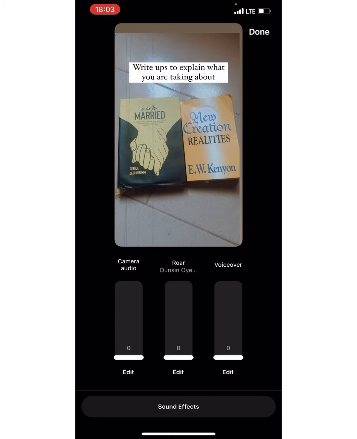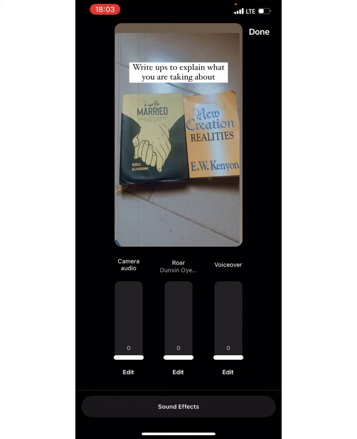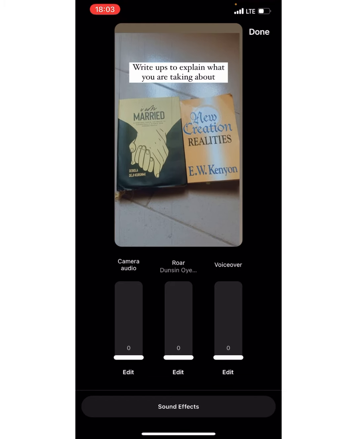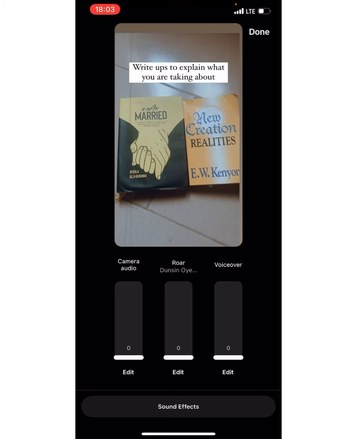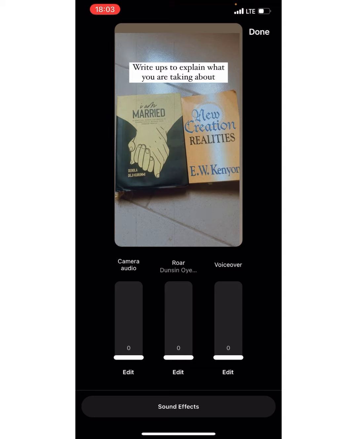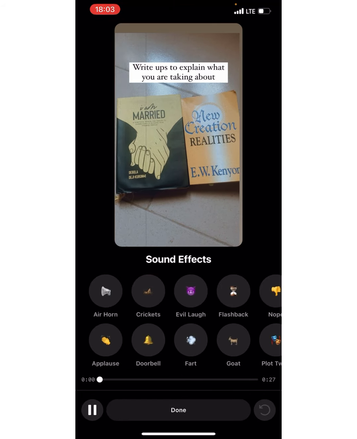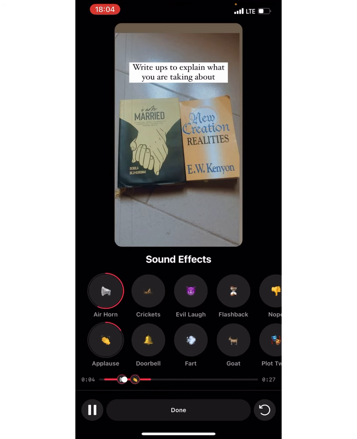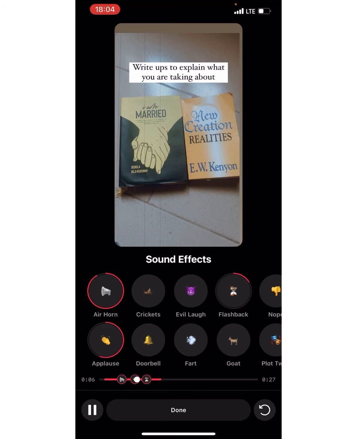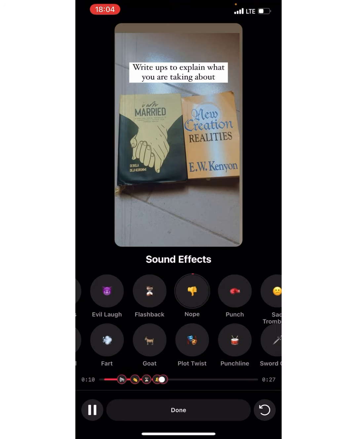Now let's say I would want to use sound effects, right? Sometimes sound effects do exactly what the name suggests. They give effect to your song or to audio or whatever you are doing. There are a lot of sound effects you could use. We have the horn, so the choice is